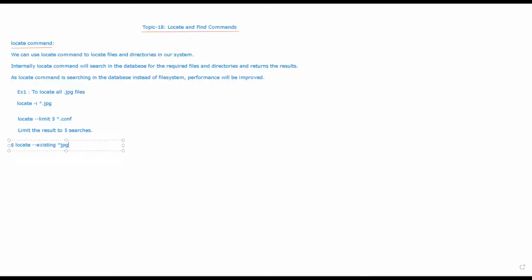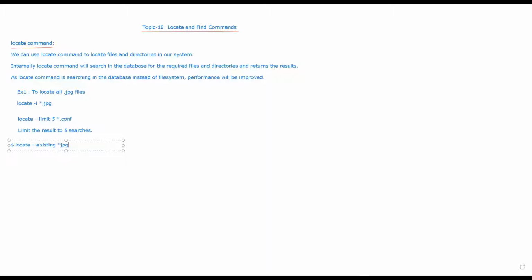If the file exists, then it will show it. So with the locate command, you can check whether the file exists, and it will search the database. That is the use of the locate command, and the database is refreshed once a day.